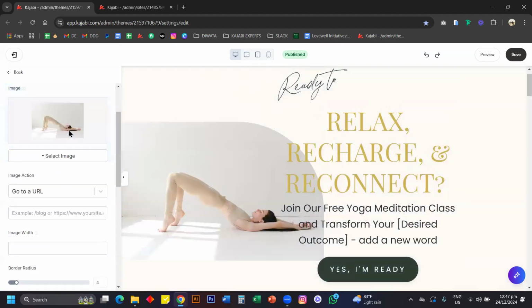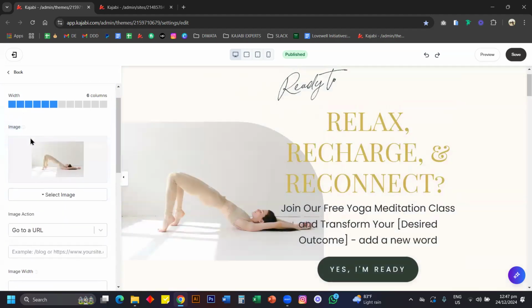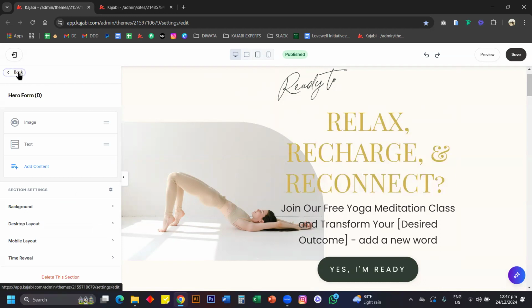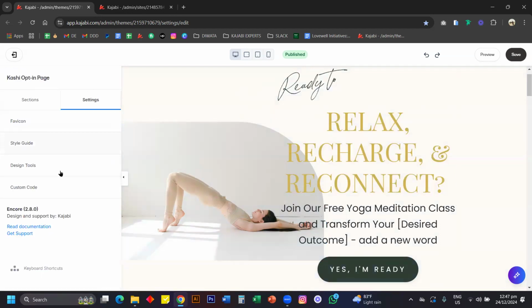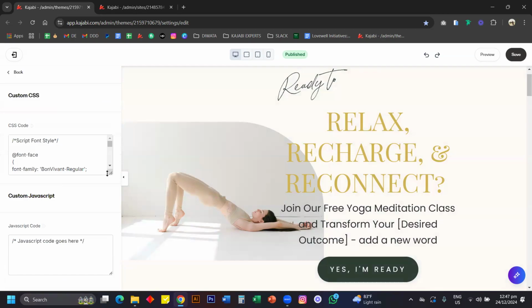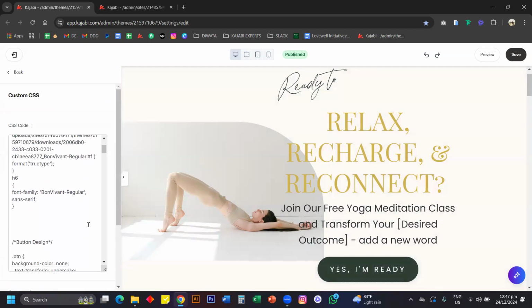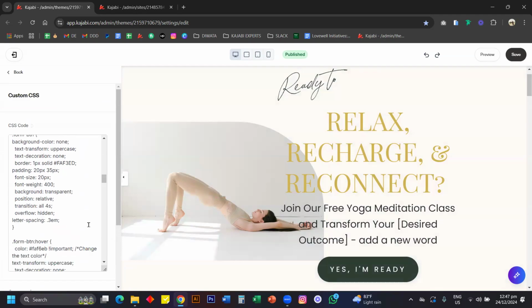Now, this image here, as you can see, it doesn't have rounded corners on the top right because this one is coded. When you add a new image, it will automatically convert into this kind of shape. If you don't feel like having that, you go back to settings and then custom code. Just go ahead and expand this a bit, and then scroll down,